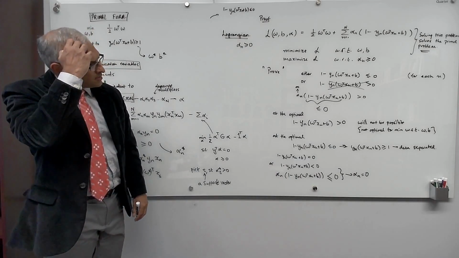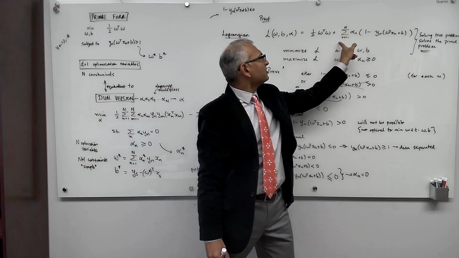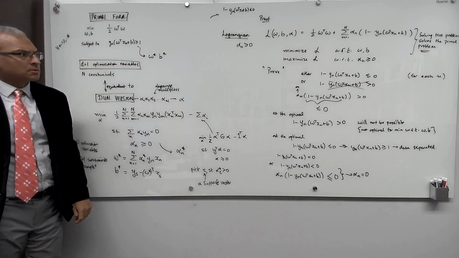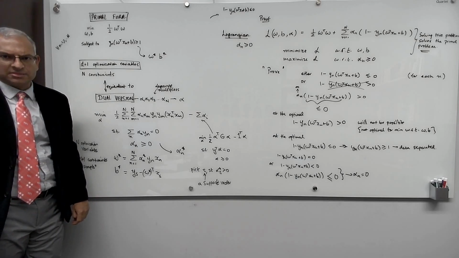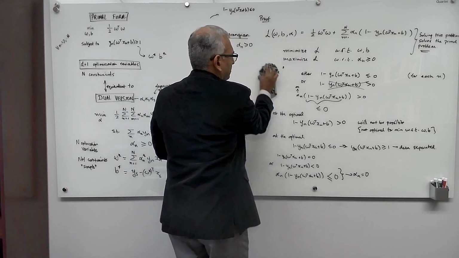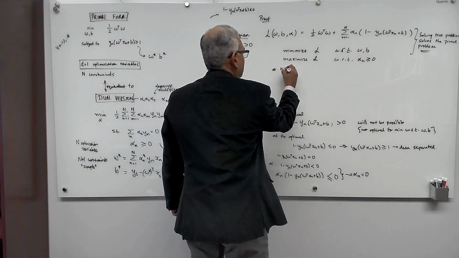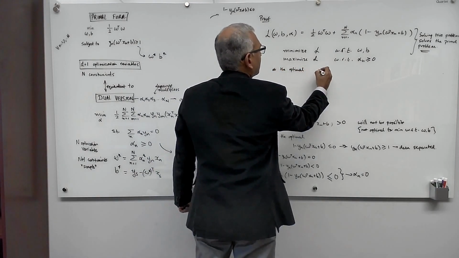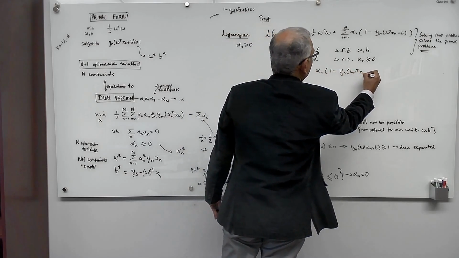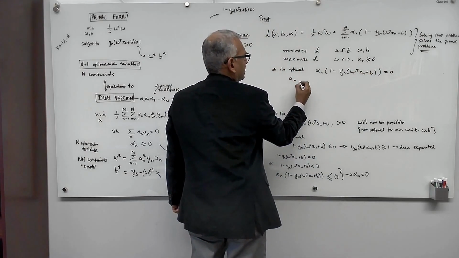In which case, either this term is 0 or that term is 0 at the optimal, and so this sum is 0. So let's summarize what we have learned. What we are about to summarize are what are called the KKT conditions. So at the optimal, alpha n (1 minus yn (w transpose xn plus b)) is going to equal 0. So this means that either alpha n is equal to 0,